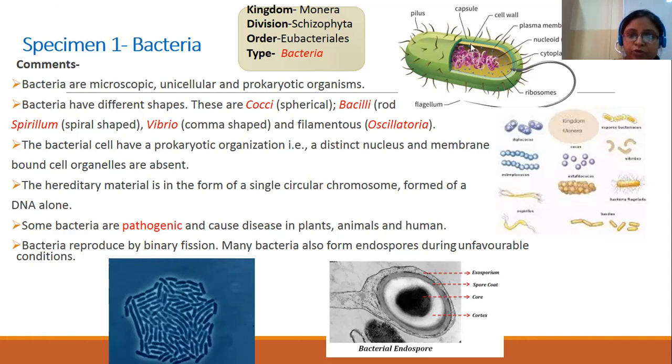So such a type of nucleus you cannot call a true nucleus. It is a false nucleus. And such a type of chromosome, such a nuclear organization which is found in this bacteria, we will simply call a nucleoid. Nucleoid, where DNA is naked, circular, and single. And it is directly present inside the cytoplasm. There is no nuclear membrane to surround it. Fine. So here you can see the nucleoid which is found in the bacteria.